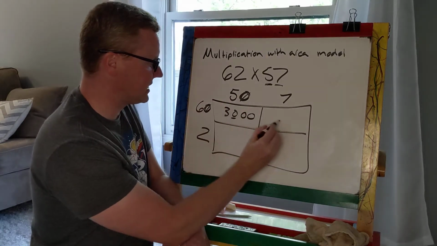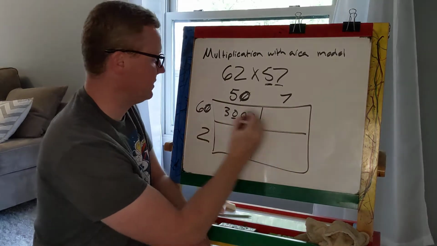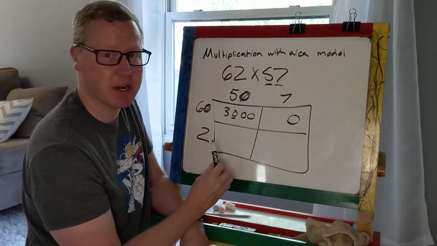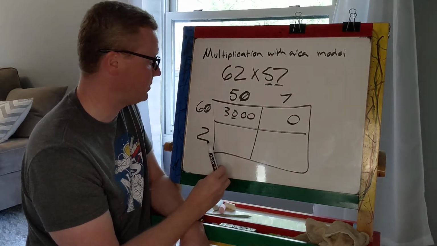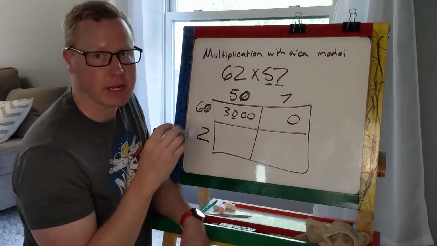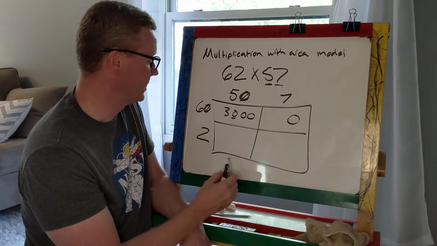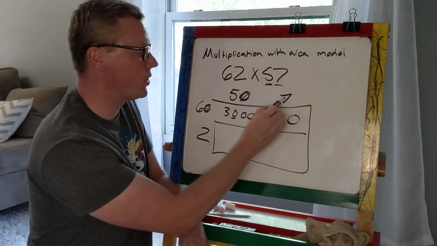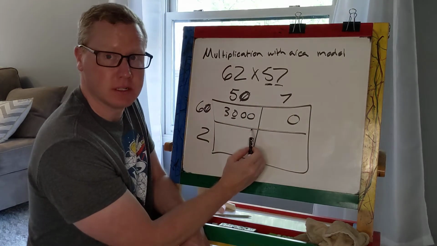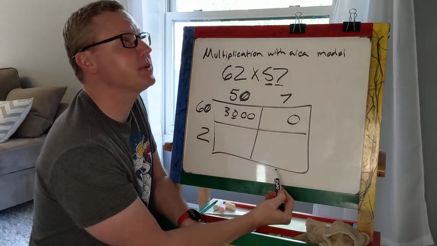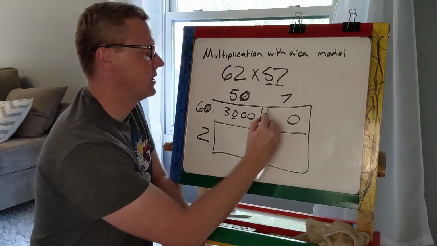Now I go 60 times 7. I got 1 0, so I put my 0 there. And this is where knowing your multiplication facts helps. I know in my brain, for some reason, 6 times 6 is 36. So what I can do is add one more 6 to it to get 7 times 6. And 36 plus 6 is